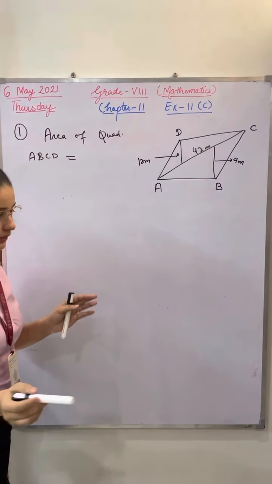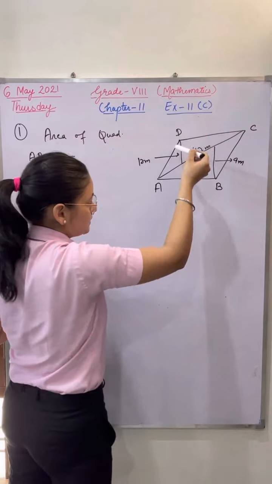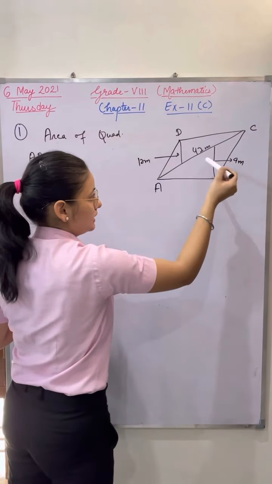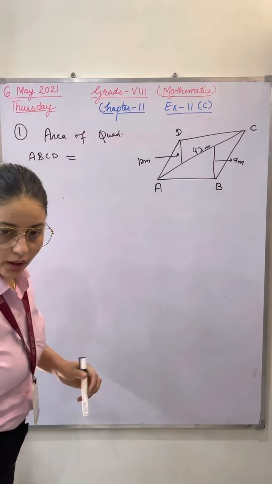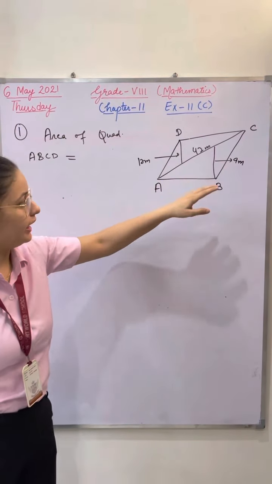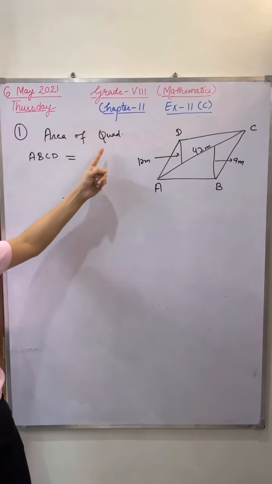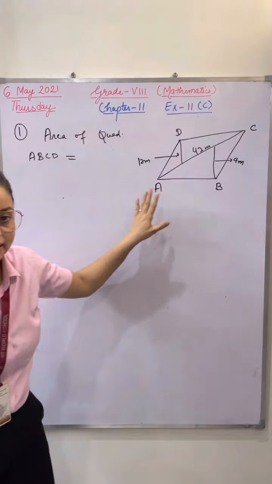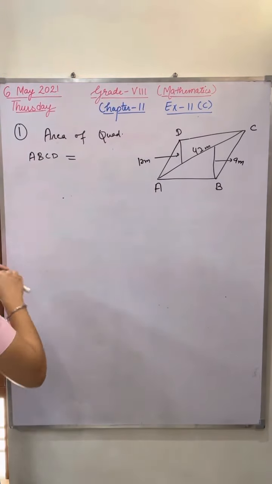Okay. See now, we can take this triangle, this ADC and ABC. Simple. Right? For this triangle, this is my base and this is my height. For this triangle, this is my base, this is my height. Any doubt? So I can easily take these 2 triangles. Take out the area of these 2 triangles one by one and then add them and you will get the area of this complete quadrilateral ABCD. Right? Any doubt? Now let's start.